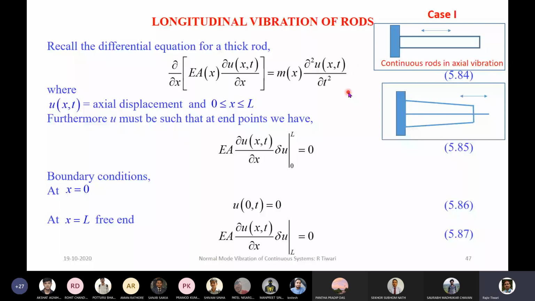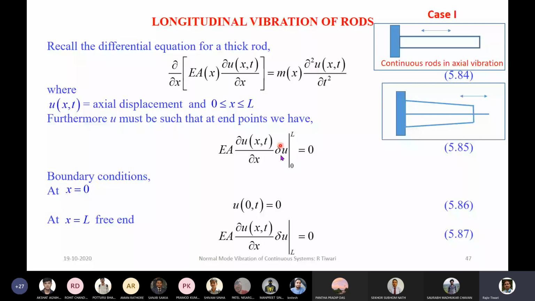Because we derived the kinetic energy, potential energy, and using Hamilton's principle, when we were in the second chapter, we derived this equation of motion, and we got the associated boundary condition in this form,